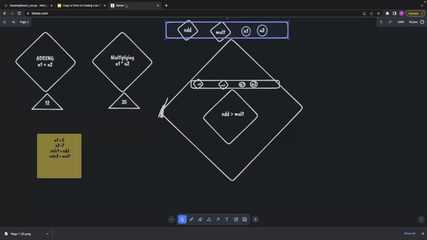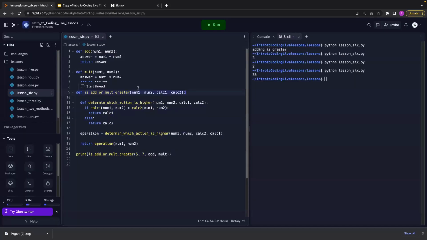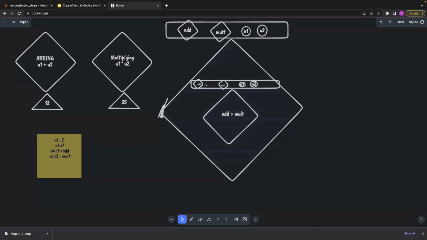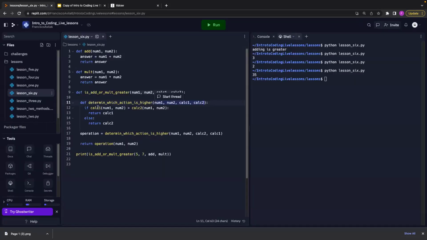Right, so we see is greater than. That's our big function here. It takes in those 4 parameters. And then we pass it to determine which one is higher, which also takes in the same exact 4 parameters. So now we see it taking in the same exact 4 parameters here. And it says, hey, is 12 greater than 35? Okay, it isn't. So I'm going to return the function of multiply. So here, when I assign it to a variable, operation is now equal to what? So the greater one is 35, but